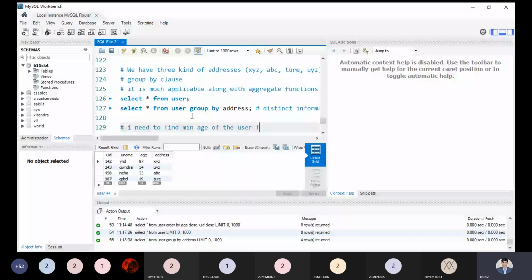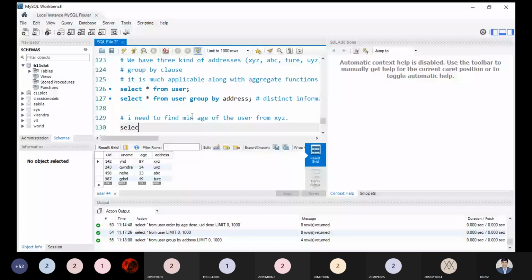So what I will do: SELECT MIN(age) from users GROUP BY address. So it will give the information from the address only.